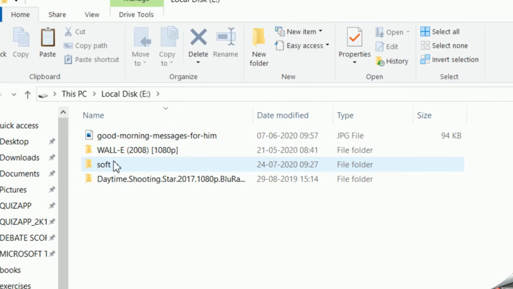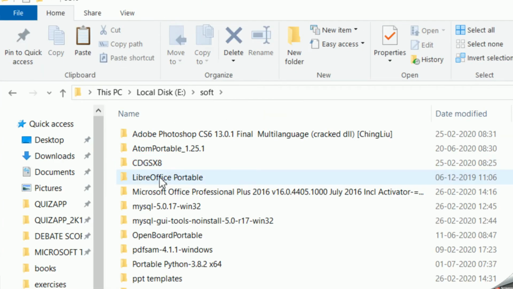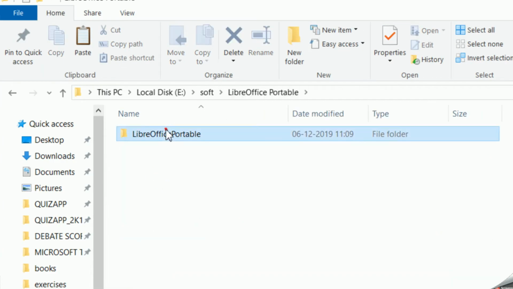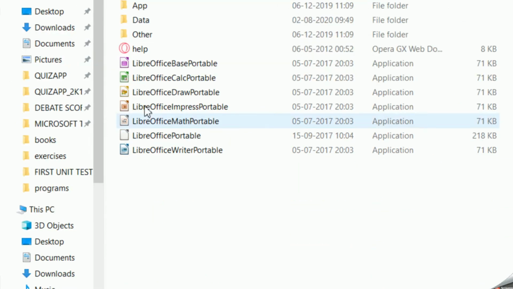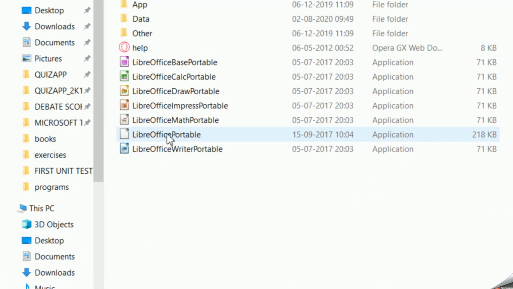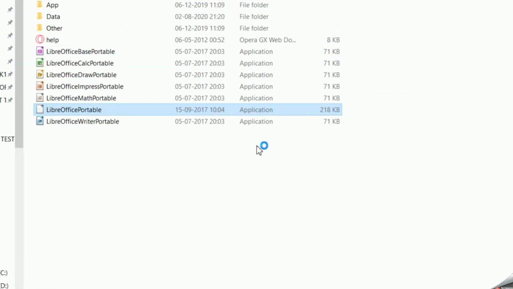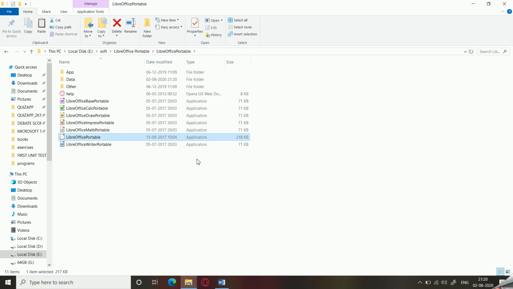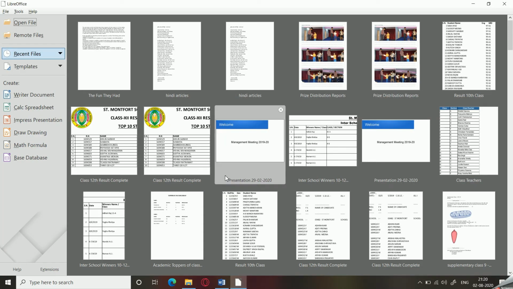which is saved here. So I'm going to open that, and here you have to open this option, that is LibreOffice Portable. Just click on that. It is a software which is an open source version of Microsoft Word. You can use it for free of cost. You can download it for free of cost from the website of LibreOffice, and